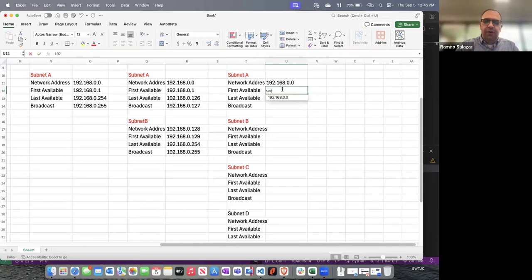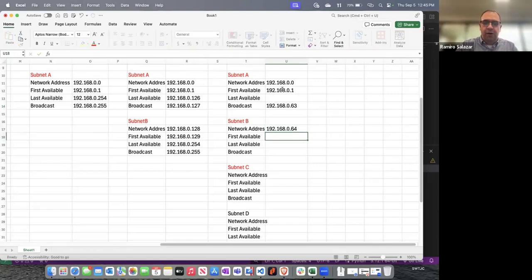The first available is always going to stay the same, 192.168.0.1. But these are going to change now, because if we go up all the way to 64 addresses, then the broadcast address is going to be 192.168.0.63. The next network address for subnet B will be 192.168.0.64. And if we go up by 64 addresses, the next network address will be